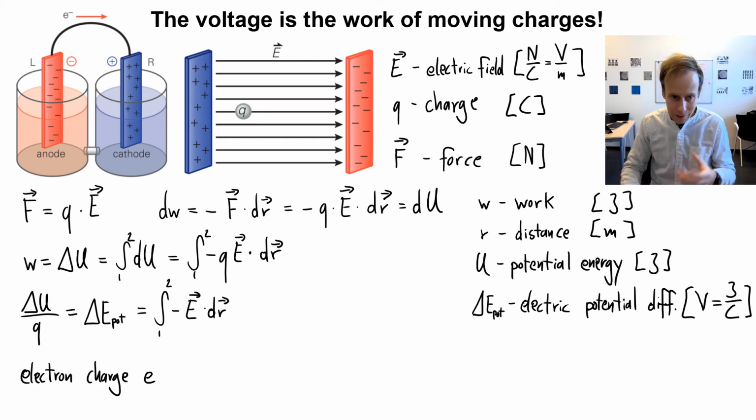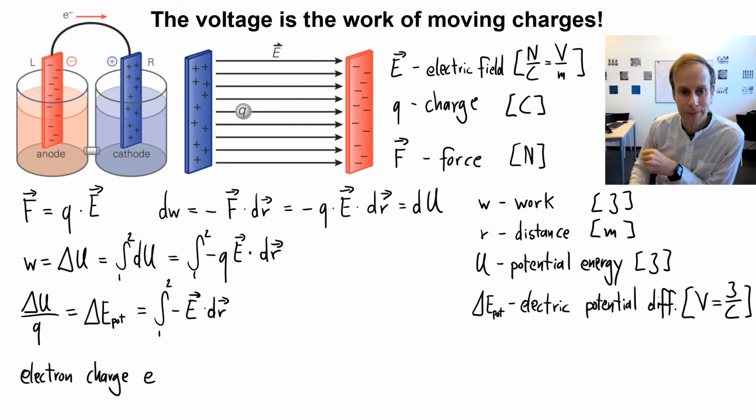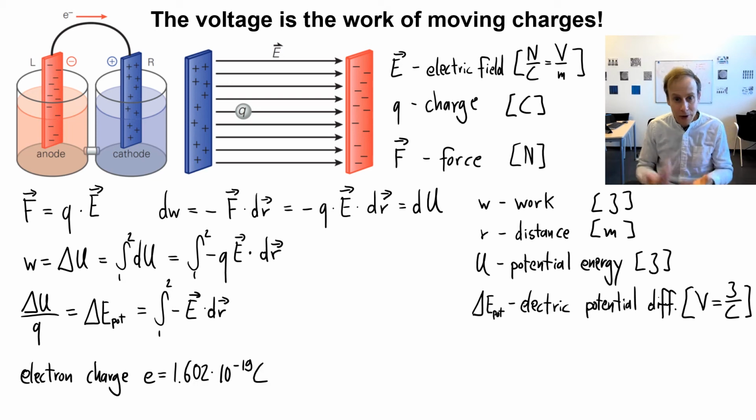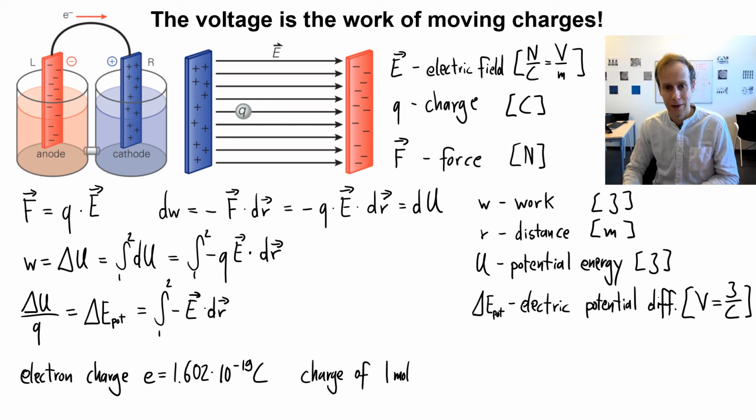Now, what is charge? One electron, for instance, has a negative charge, as we know, and we call it the elementary charge e, or the electron charge here. The value has been measured to be 1.6 times 10 to the negative 19 coulomb, a very small number since it's just one electron. On the other hand, the charge of 1 mole of, for instance, electrons is given by